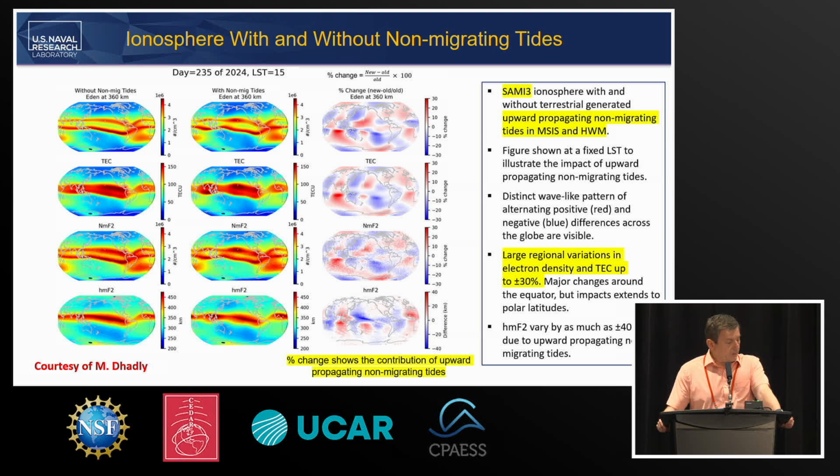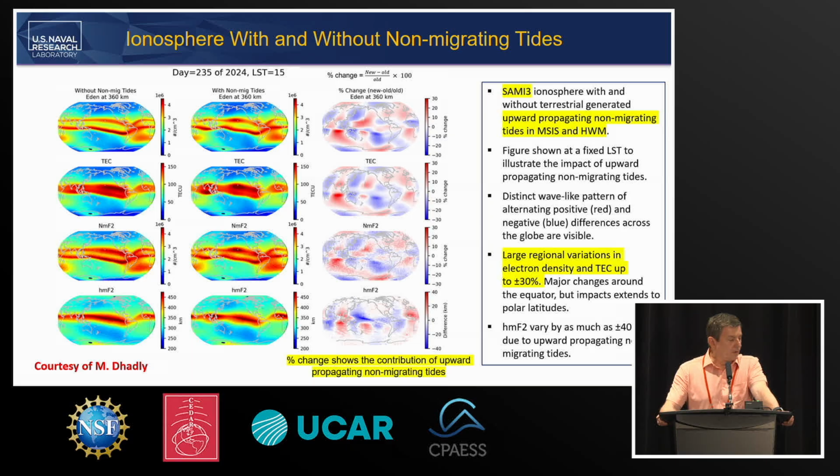And what Manbharat did here is he basically used the current version of MSIS and HWM and the new version that's still under development or final testing right now, and basically coupled that with SAMI3, and then looked into what are actually the consequences from the empirical modeling point of view for the ionosphere if you include non-migrating tides in the neutrals. Basically, that's all stuff that comes from the lower atmosphere. That's what you see